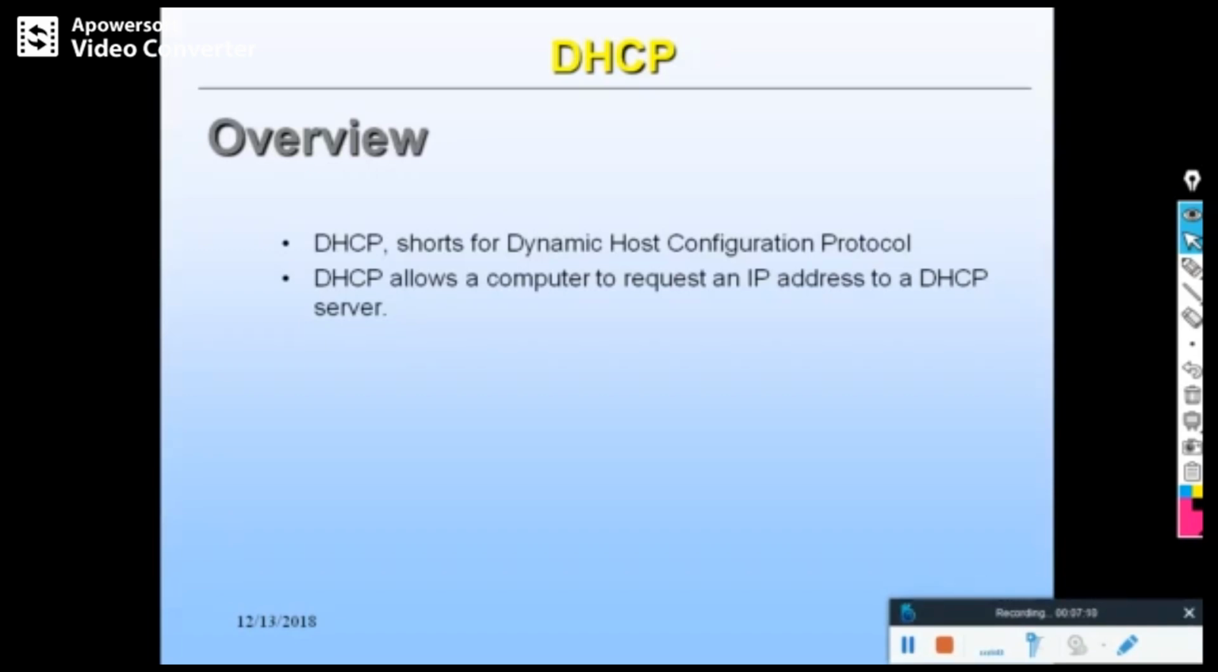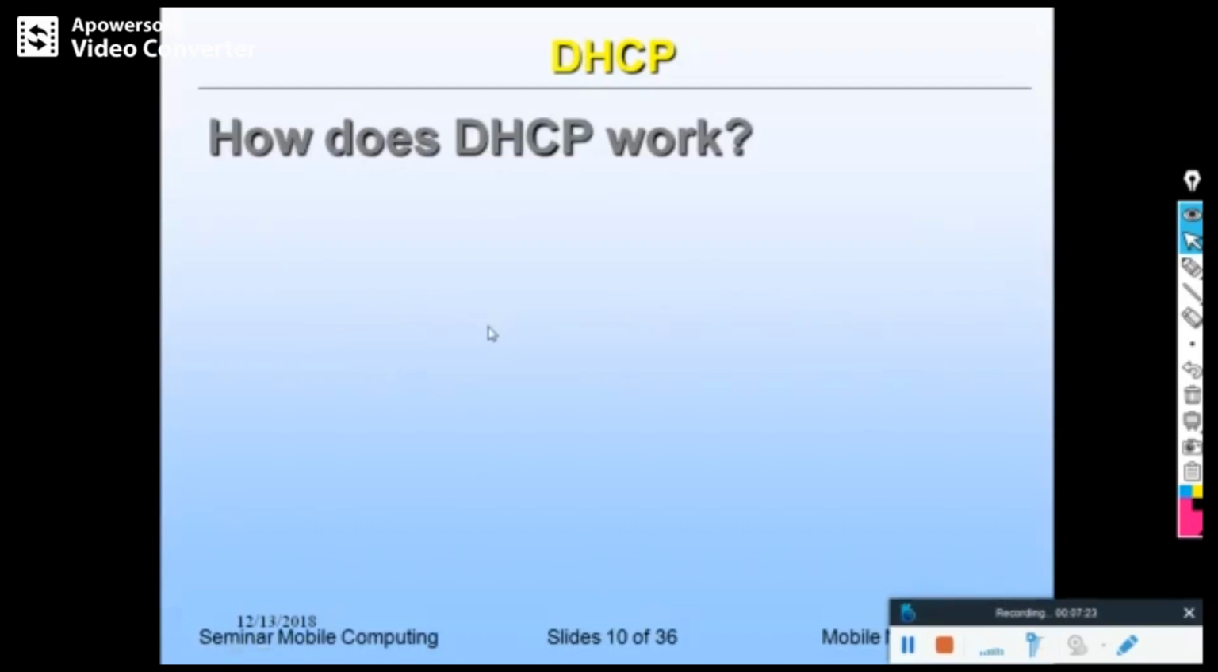So the machine will get an IP address automatically. The only thing is, on the machine you have to enable get address automatically. Then the machine will send a broadcast request to the DHCP server, and the DHCP server will give the IP address on a lease basis. So you can see here how DHCP